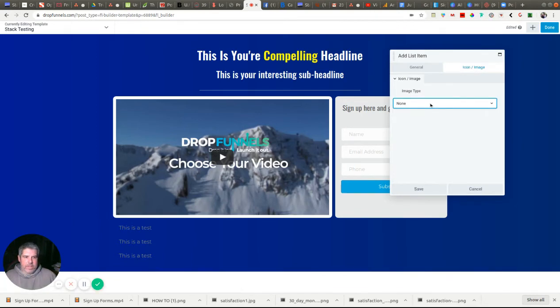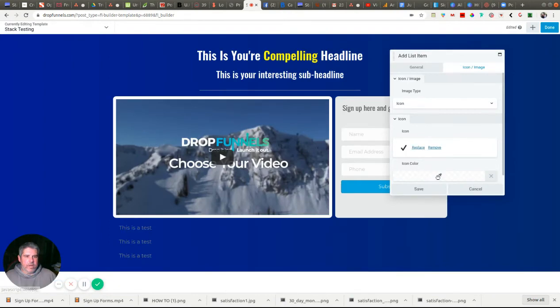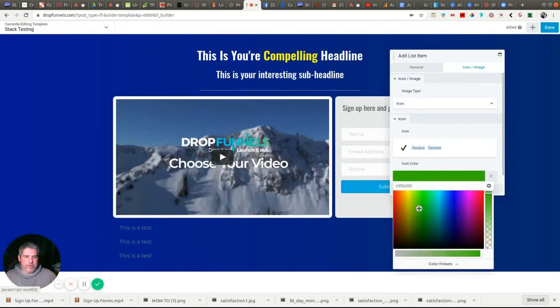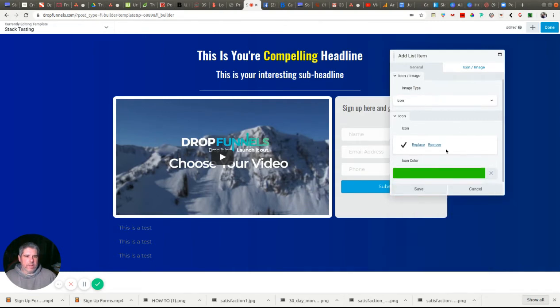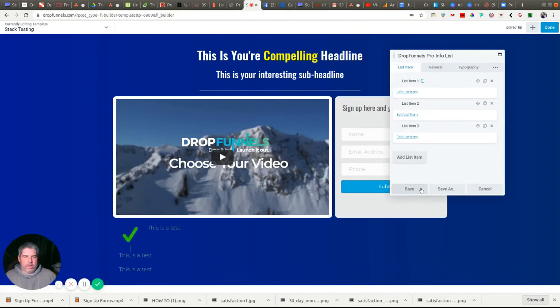So in the icon image tab, I can go into icon, I can do a photo, I can do a custom character. I don't think that was even in there before, but yep, you can do it. So I'm going to select an icon, and we're going to do the same exact check mark that we did before. And we're going to say the icon color is going to be some kind of green, probably around no, no, probably around there. So that's a decent green. We can select the, bingo, way too big. So what we're going to do is we're going to say